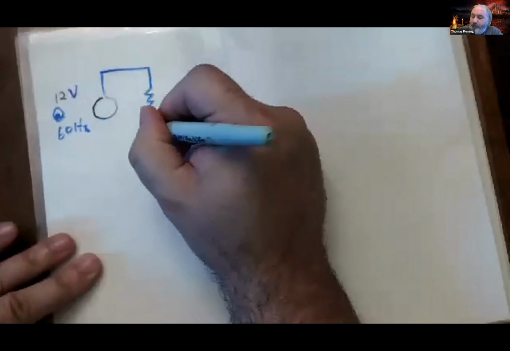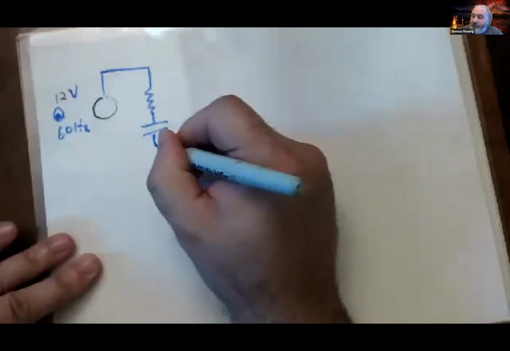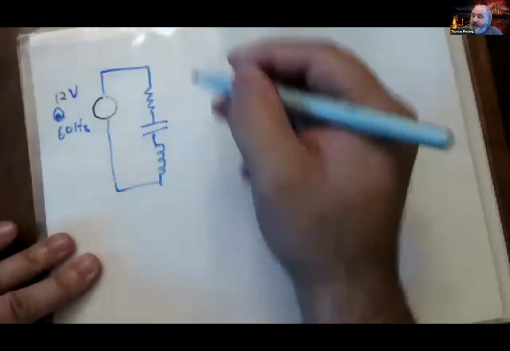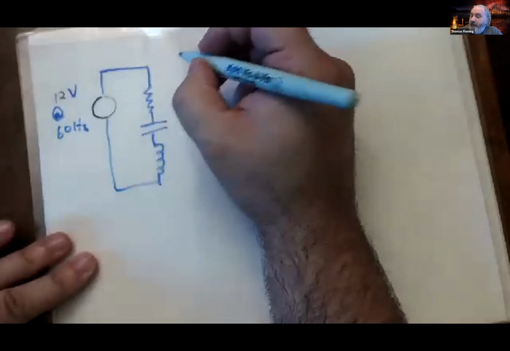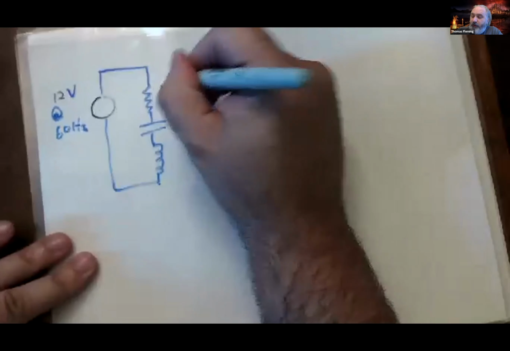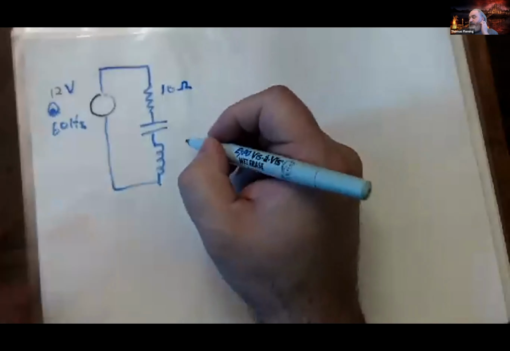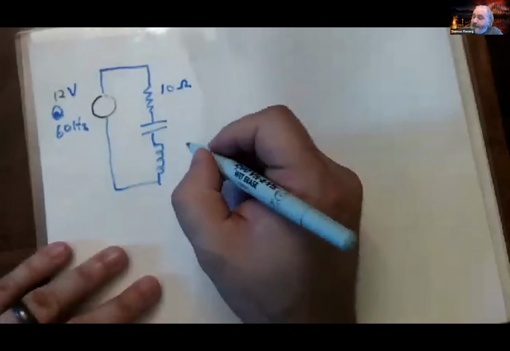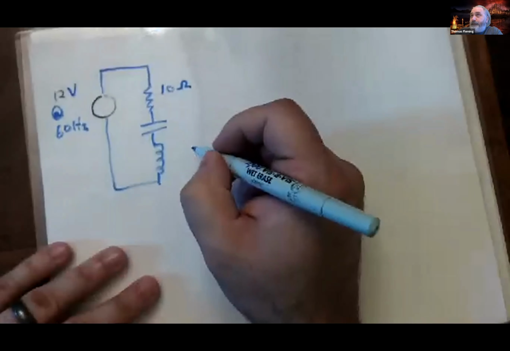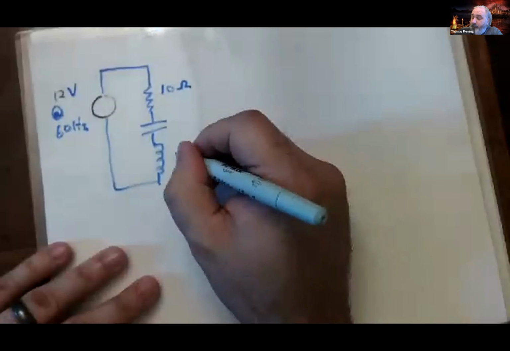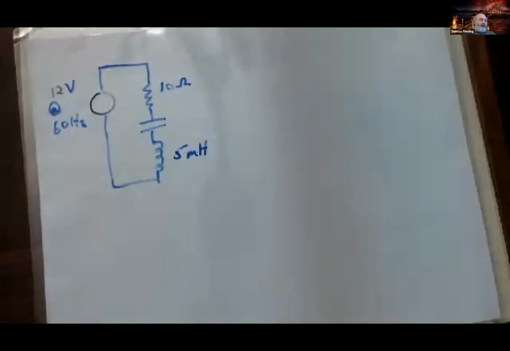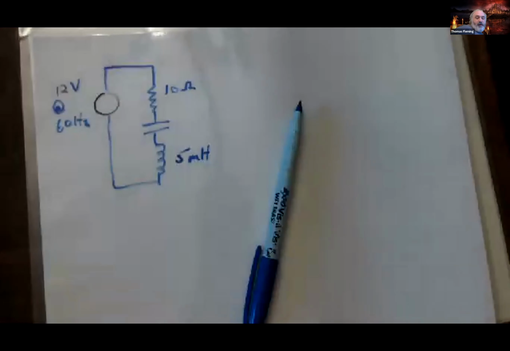I've got a resistor, capacitor, and an inductor. And let's say that the resistor is 10 ohms. The inductor is 5 millihenries. And the capacitor is, hold that thought,